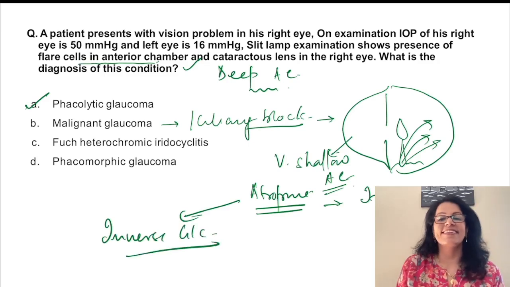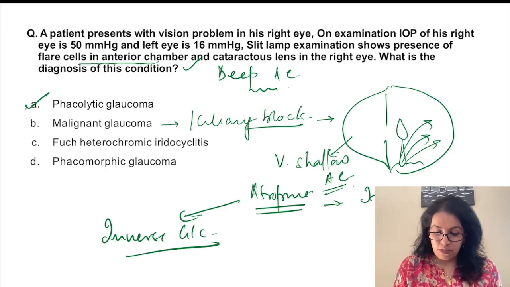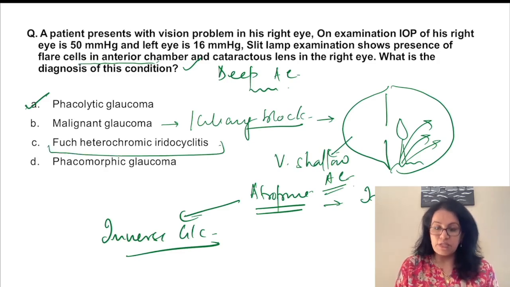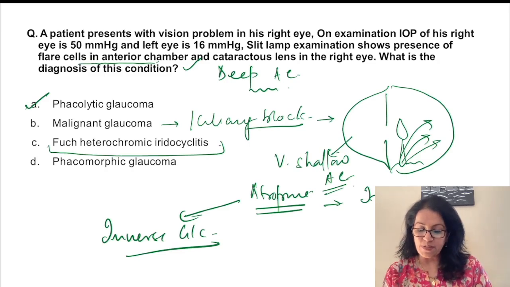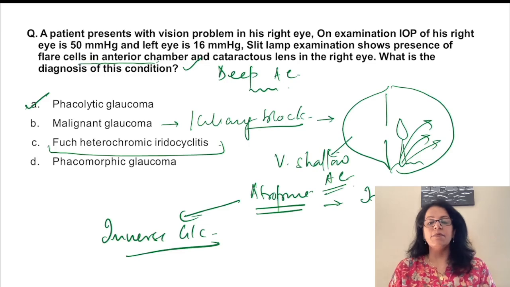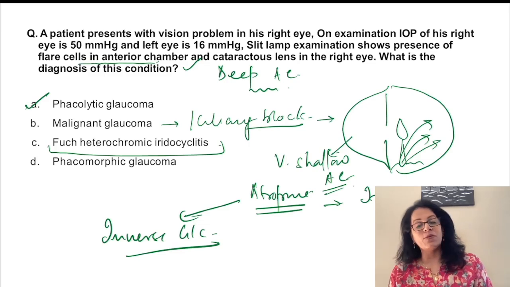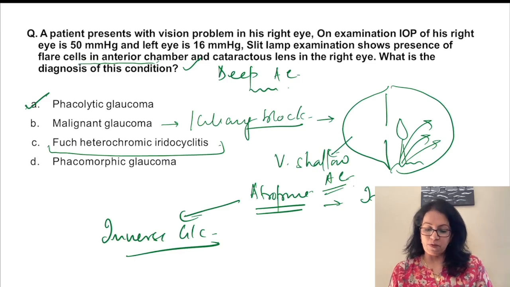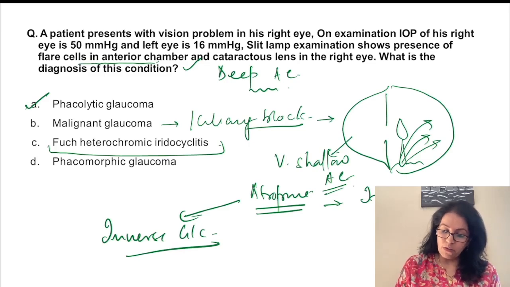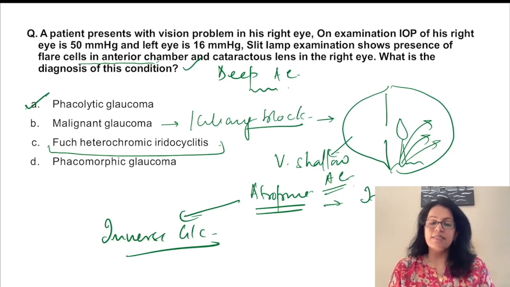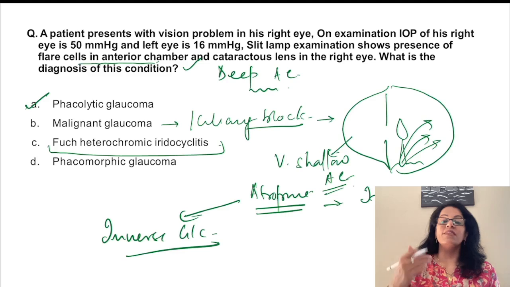You'll remember this? Right. Fuchs heterochromic cyclitis, of course, is a unilateral condition. It's an atypical anterior uveitis. You all know this, right? Again, the pressures cannot be so high in this. Of course, it can lead to cataract, which is subcapsular cataract. But looking at the whole thing, this Fuchs heterochromic cyclitis doesn't seem to be a very convincing option compared to